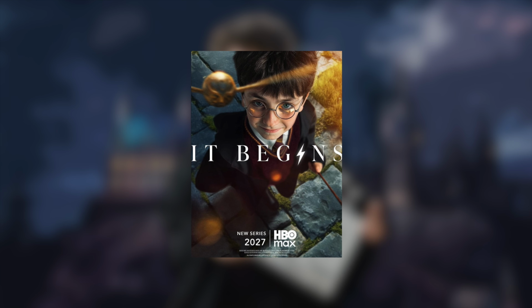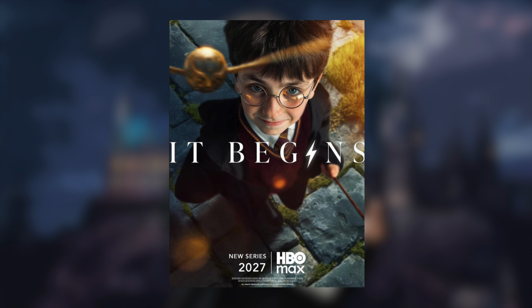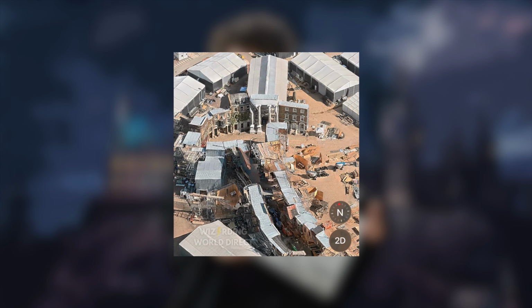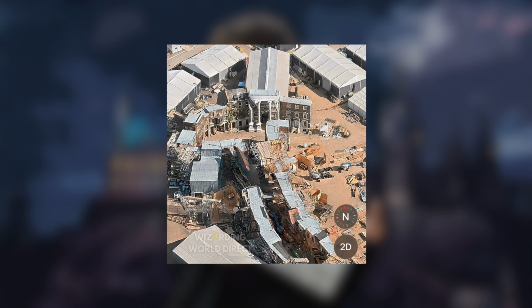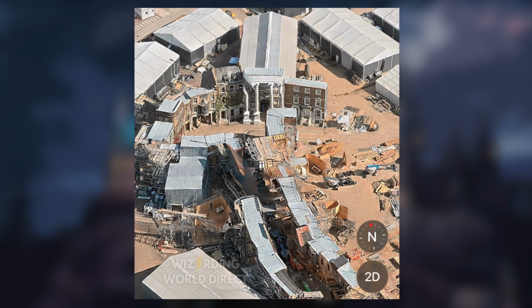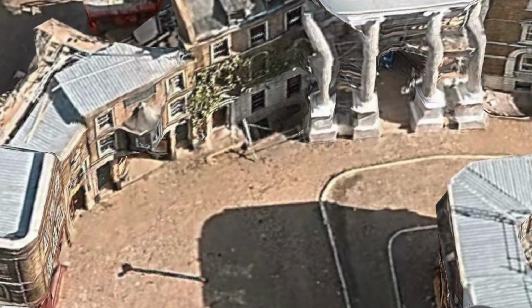So we had various set leaks from HBO's Harry Potter last week, and we have some major locations revealed, from Hagrid's hut, which looks almost identical if you ask me, to Gringotts and a bit of Diagon Alley. Now, we've already had glimpses of Diagon Alley, which I have discussed previously, but this is entirely new. So, with the construction here, the similarities between this and the film are there, for sure, but they've gone for